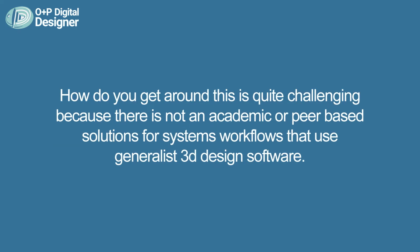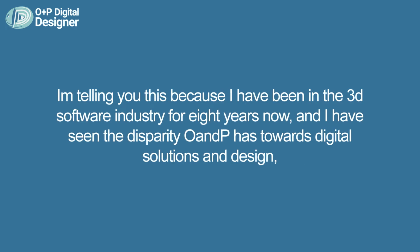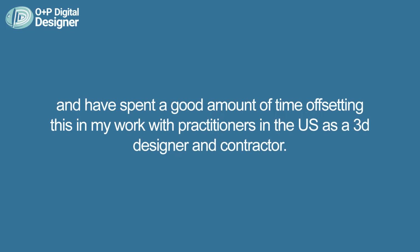So, how to get around this is quite challenging because there's not really an academic or peer based solution for systems workflows that use traditional or generalist 3D design software. I'm telling you this because I've been in the software industry for 8 years now, and I've seen the disparity O&P has towards digital solutions and design. And I've spent a good amount of time offsetting this in my work with practitioners in the US